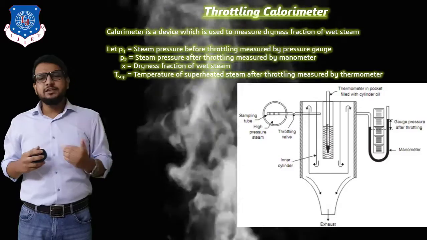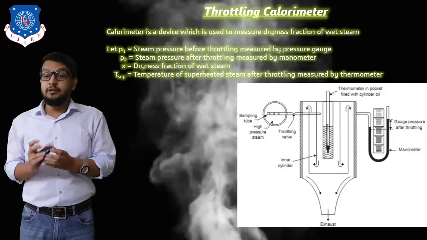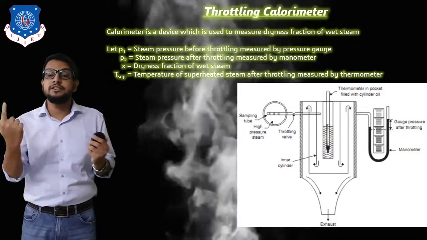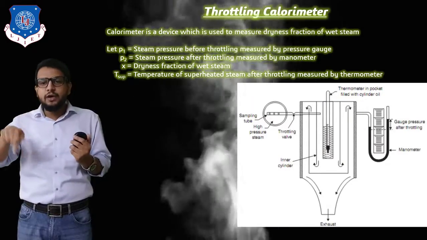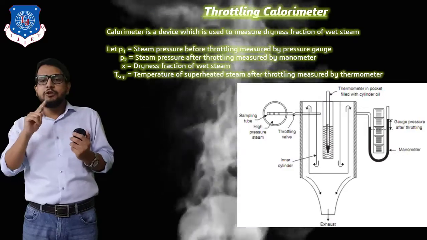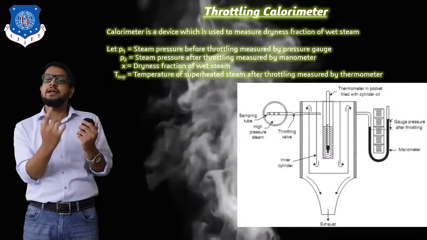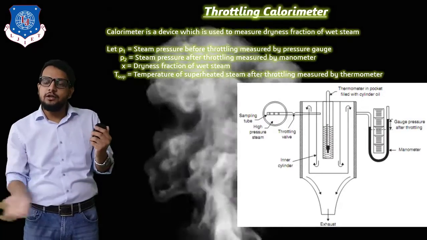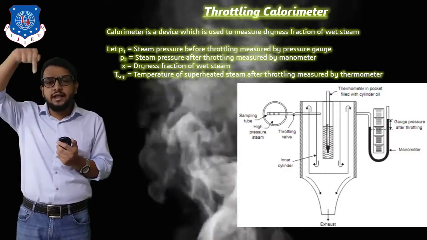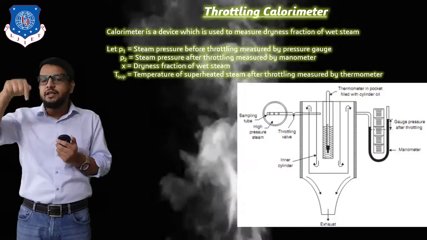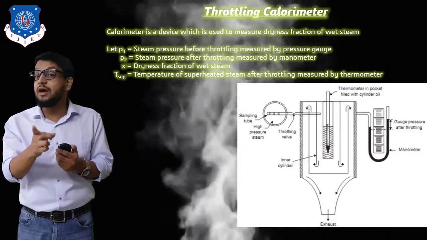So first of all, let's understand the construction of this calorimeter. This is a sectional view of a throttling calorimeter. Just visualize a circular cylinder, that is, a cylindrical shape is shown, and within the cylinder there is a U shape provided. You can see a U line is drawn. It is a representation of a U-shaped vessel. Within the vessel we have placed a tube which is filled with water, and within that tube there is a thermometer inserted. That thermometer is going to measure the temperature of the superheated steam which is achieved after throttling.